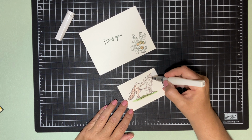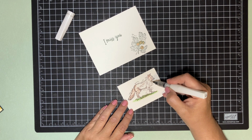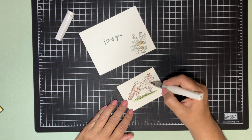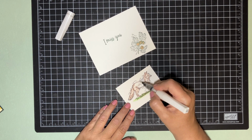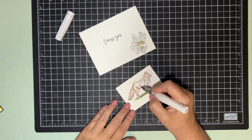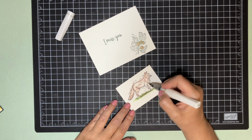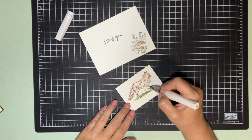So I'm going to get up here in his ears. I'm not going quite as heavy around his face, because I know wolves have a lighter color, especially their chest and their face. And their backs are darker. And they tend to be not all brown. They tend to be gray and black and some brown on them, and